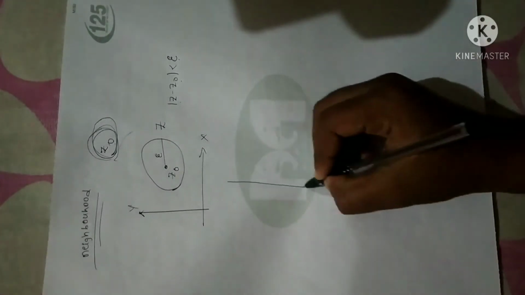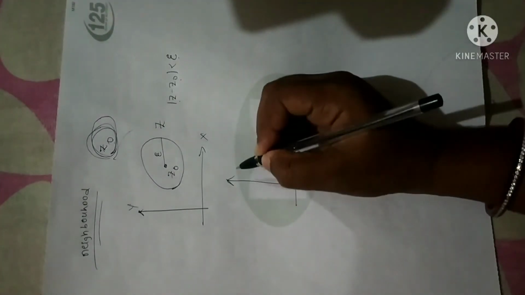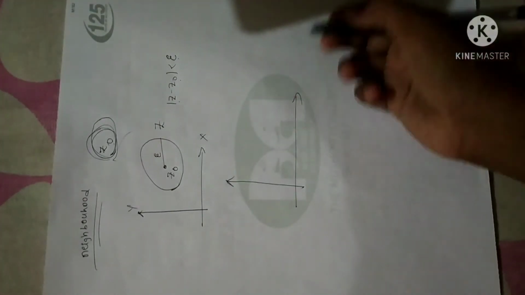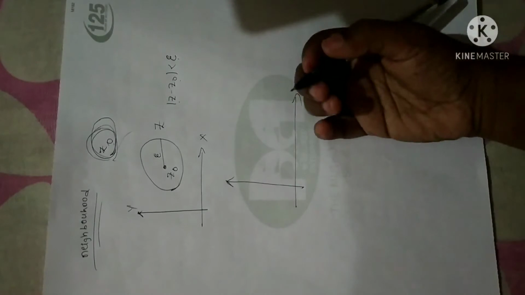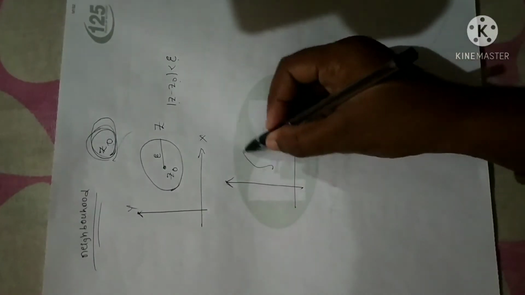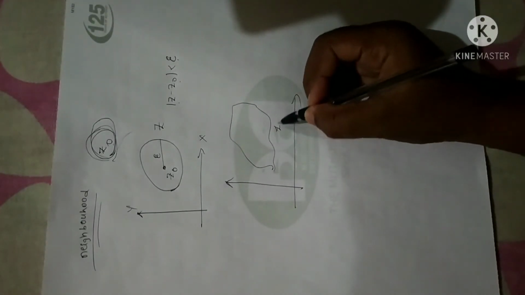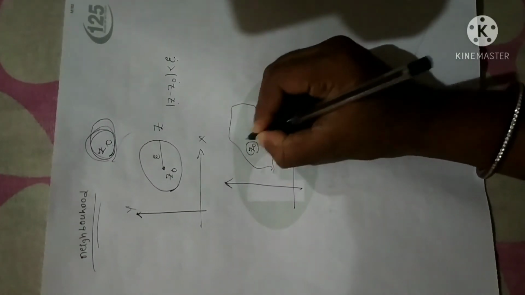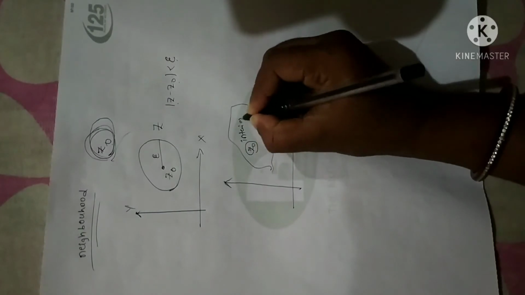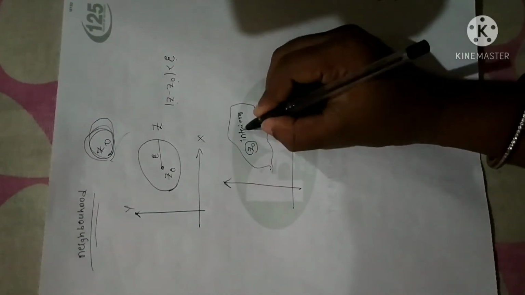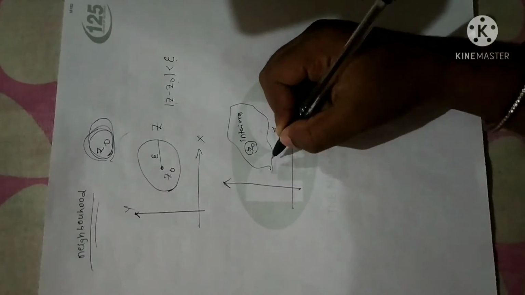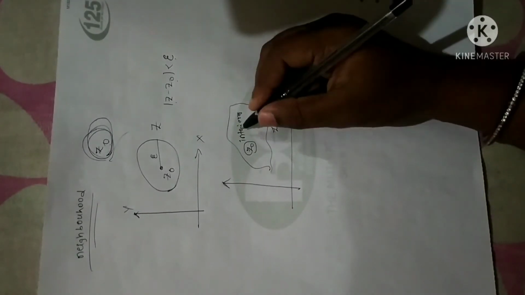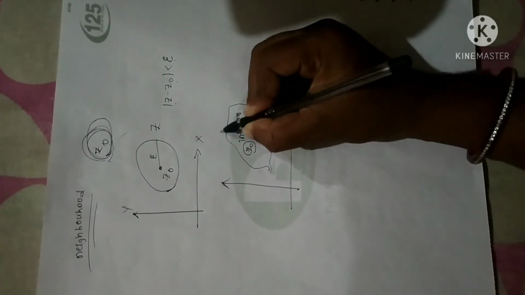And in the 6th semester you have studied exterior and interior points, and determining whether the point is on the boundary, inside the boundary, or outside the boundary. So I'll tell you just the definition. Suppose in a complex plane you consider a plane S containing complex numbers, and a point z0 is said to be an interior point only when the neighborhood of z0 is within S, or completely contained in S. Suppose this is a surface S, fine.